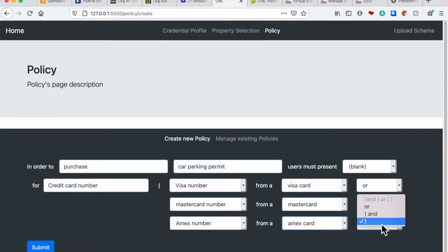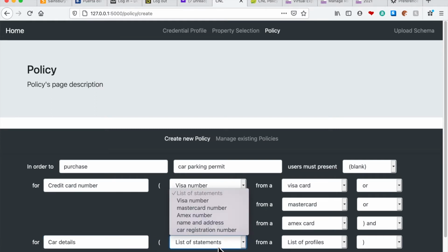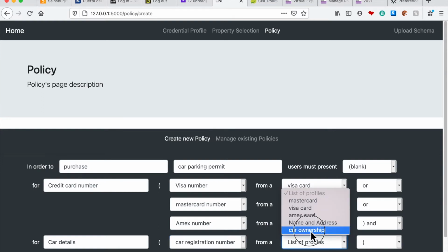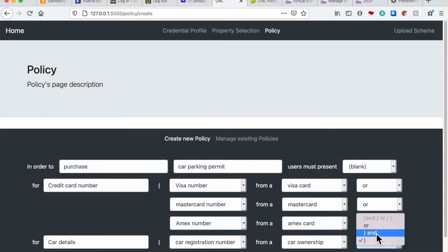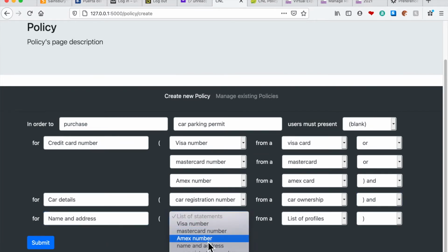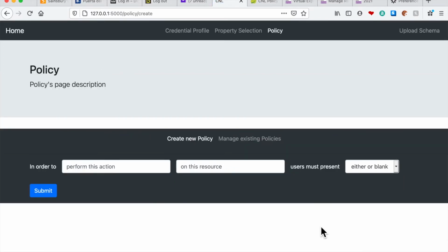And the next thing he needs to do is he needs to add car details, and so in this case it's a car registration number from the car ownership certificate, and he also needs to add name and address. So in this case it's the name and address from a name and address certificate, and that's it. So I submit that. Once we've created the policy, we can look at it,